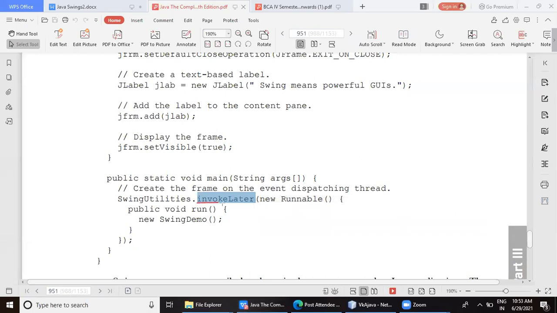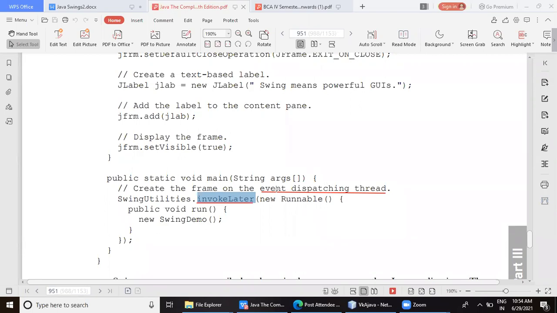Now tell me why I'm using this invokeLater to create the event dispatching thread. Why is this event dispatching thread required? Because if something happens in dynamic execution of this thread, of this particular event, then it should be handled separately.